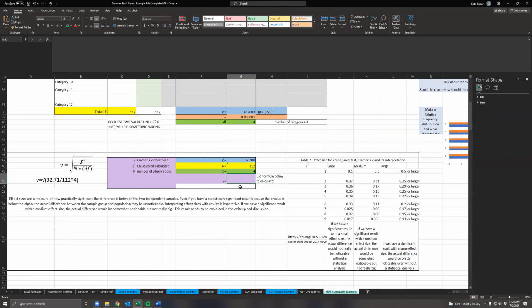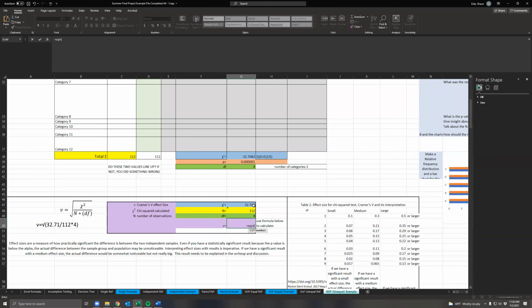So we're going to do equals square root and put in parentheses the chi-squared value divided by the, put in parentheses numbers multiplied by the number of observations multiplied by the degrees of freedom, and then put those in parentheses as well. Put the denominator in parentheses, and then press enter, which gives you a Cramer's V of 0.27. And the way that you interpret this, you look at degrees of freedom, and then you find,